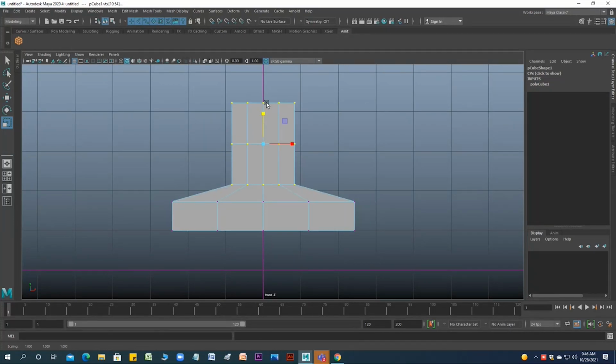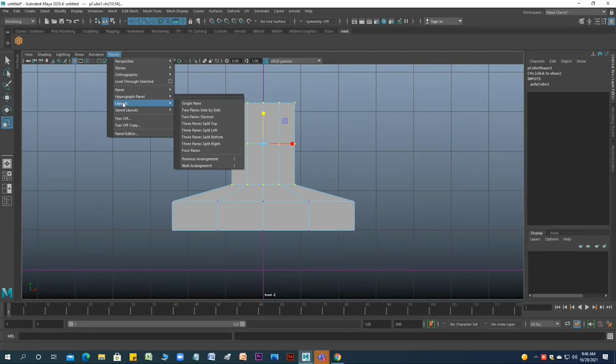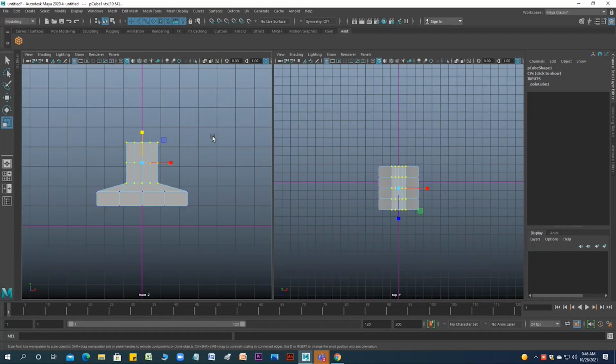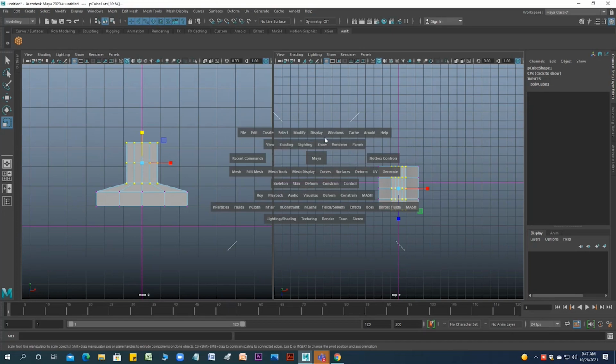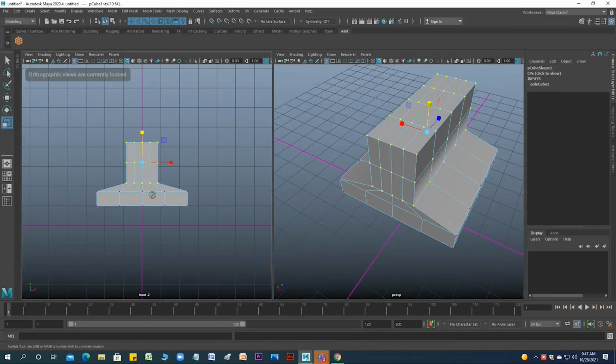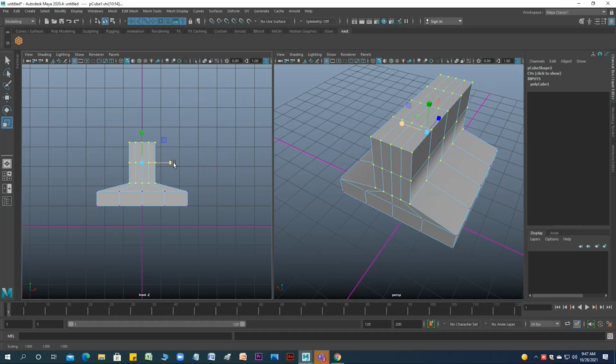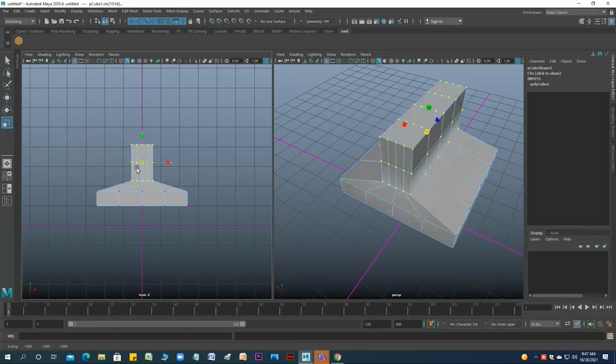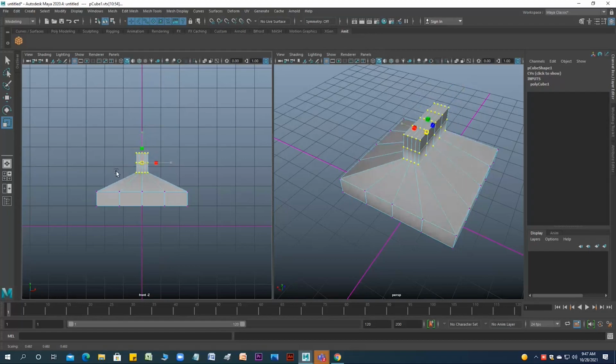For a better example, let's go for two panels. Under panels, whenever you decide on any comfortable panel, you have to go to layouts. Generally, I prefer two panels side by side. One I keep as perspective so that you can see what exactly is going on behind. If I'm using one side or one axis, it behaves this way. And if you are using the uniform one from the center axis, this is the way.